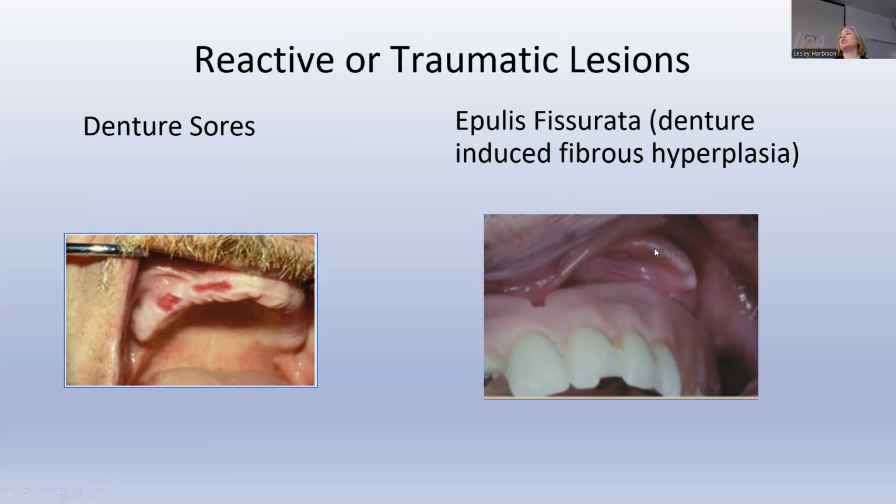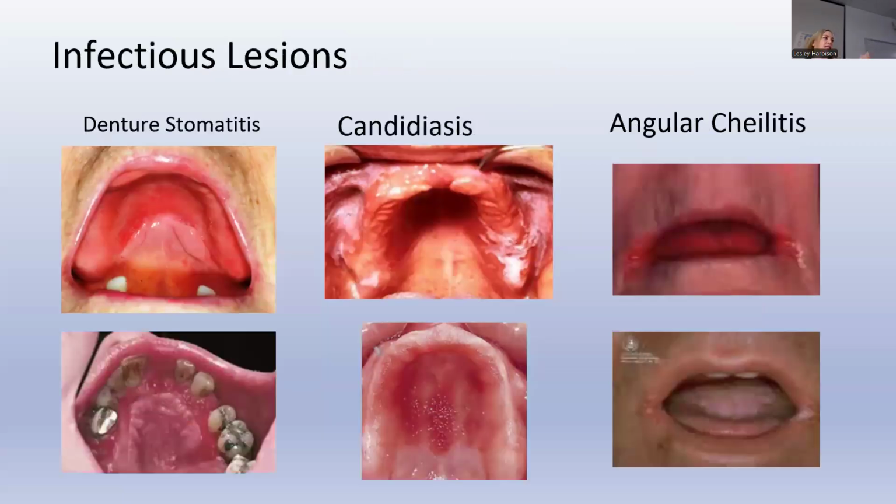This is something I've seen quite a bit. This is an ill-fitting denture. The ridge comes up too high and it just rubs in the vestibule and it starts to keratinize the tissue. It's called epulis fissuratum. And it'll go away or at least shrink way down if the denture is trimmed back or adjusted. But it's just from improper fit. So it's just like fibrous hyperplastic tissue. Other things